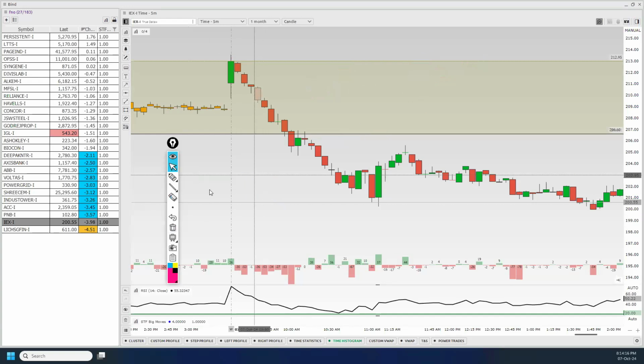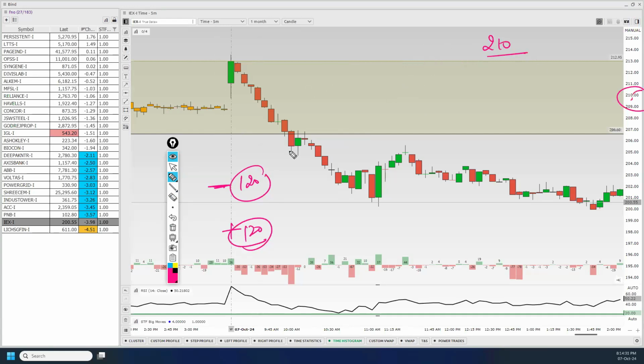So when this has to happen, I'm looking for a delta which is 120. If it is going down, I look for minus 120 delta. If it is going up, I look for 120 delta. But because the price is 210, guys, remember the rule: if the stock price is less than 3000, look for 140 delta. If the price is greater than 3000, look for 120 delta. Because 120 is everywhere, I can consider 120 delta here.